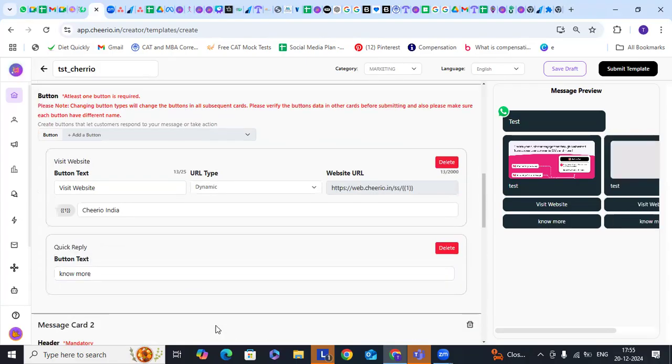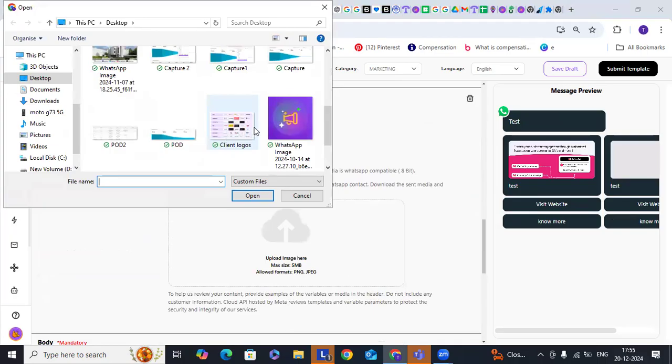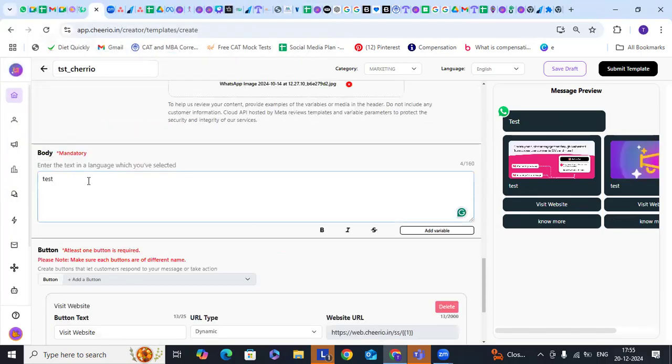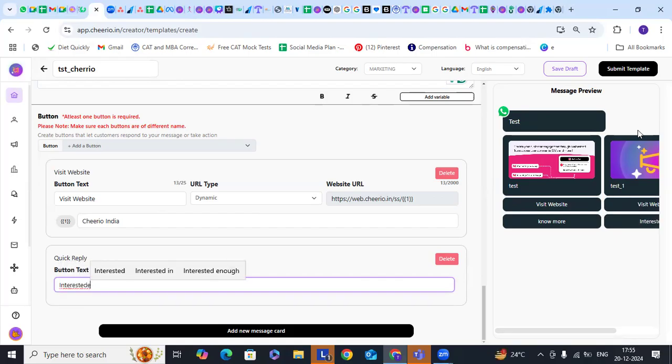In the next picture, you can upload different pictures, of course, but it should be pictures only. And you can write a different text. It can be different, and you can attach a different link also. It does not have to be the same. And the button text can also be different, but the format of buttons, the type of button, should be the same, like interested.